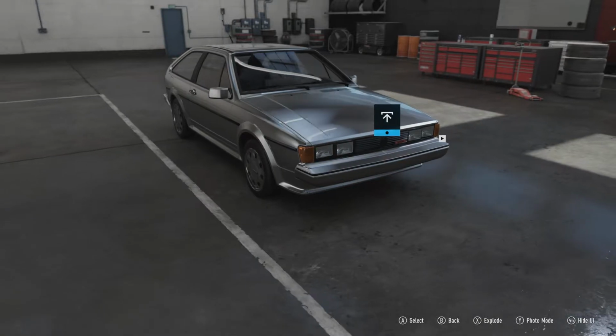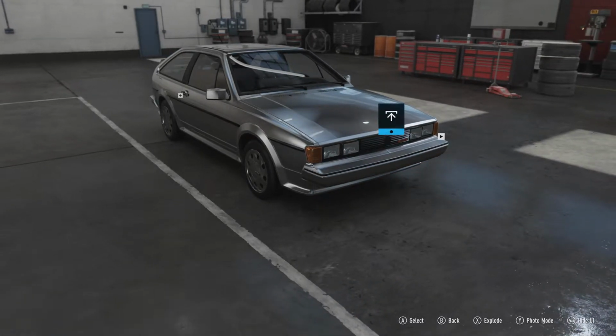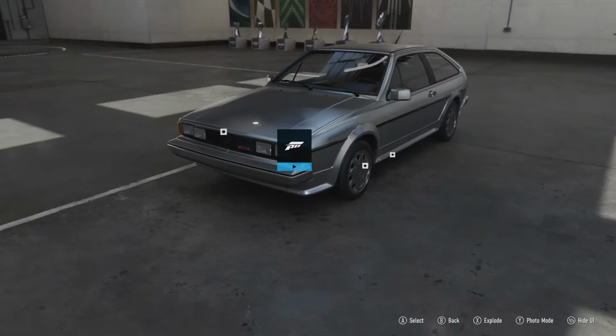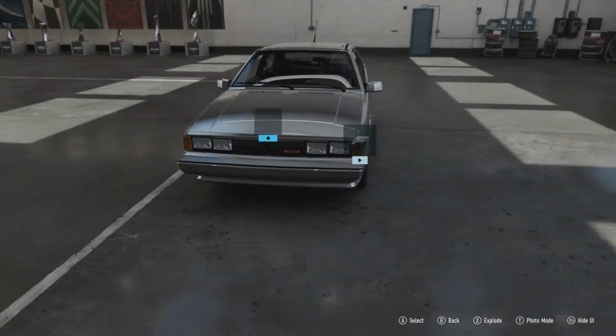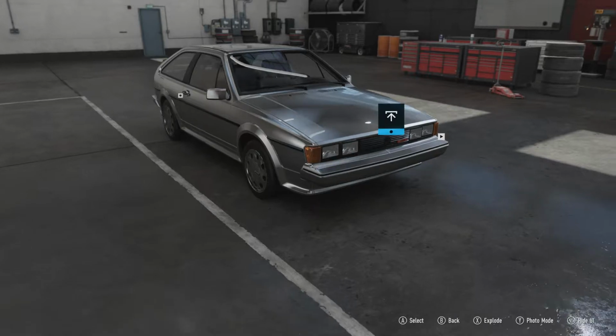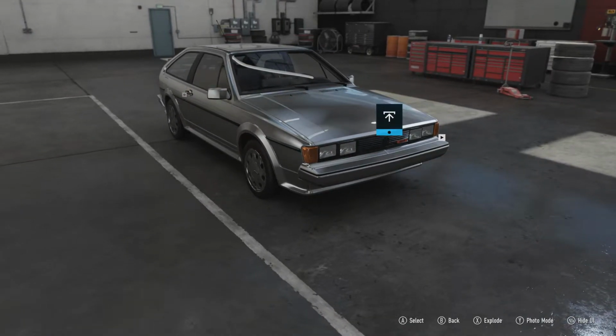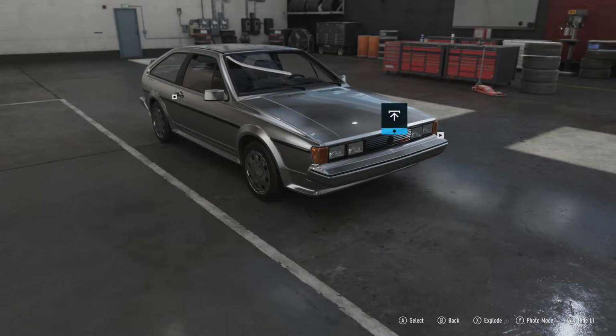I do like the looks, but I think on the whole I do prefer the 81's version in terms of looks. Just a little less fussy, but on the whole this is a better car in every regard, to be honest. It does weigh more though, at 2,365 pounds, so that's 350 pounds more than the S, but that weight is not wasted, because the power is there, the torque is there, and on the whole this is a faster car than that S,